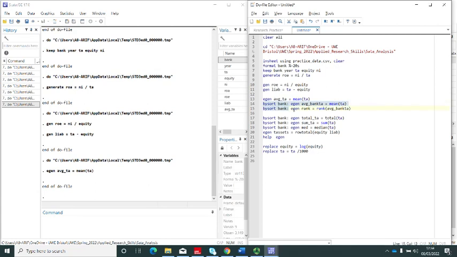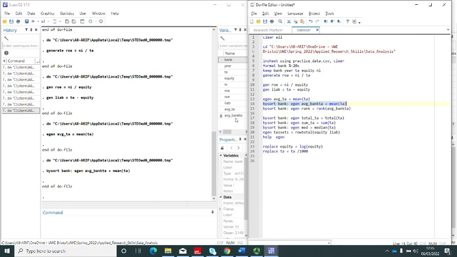To achieve this objective, I will use bysort bank colon egen, then define the name of the new variable that you want to create. So I have written average underscore bank ta, and then you need to define which variable you are going to use to calculate the mean. So I'm calculating the mean of total assets. Now let me execute this function,